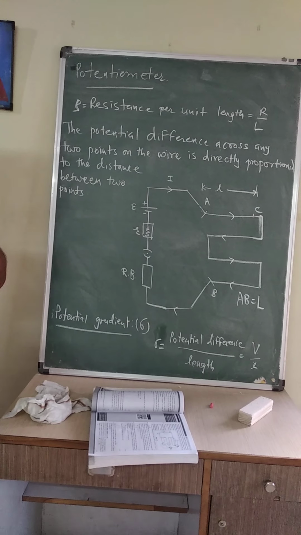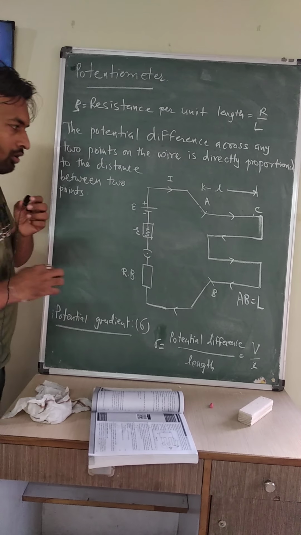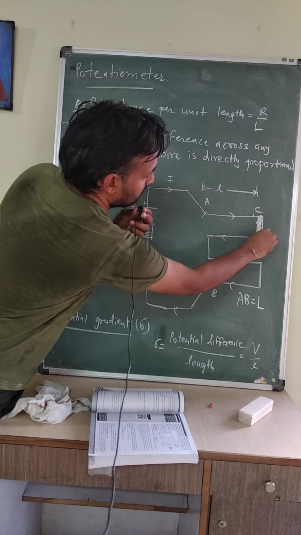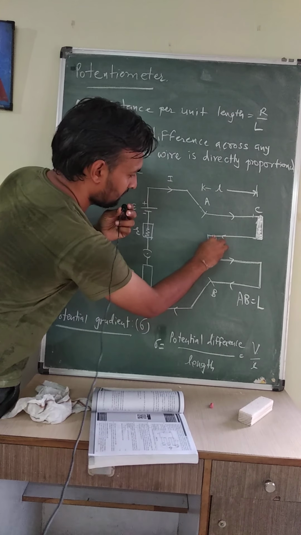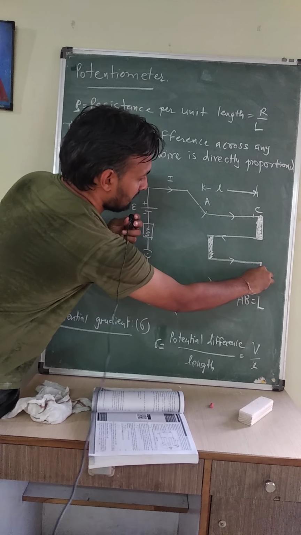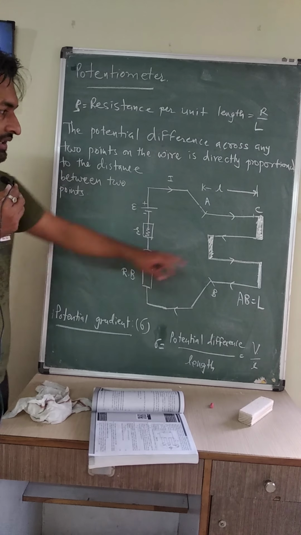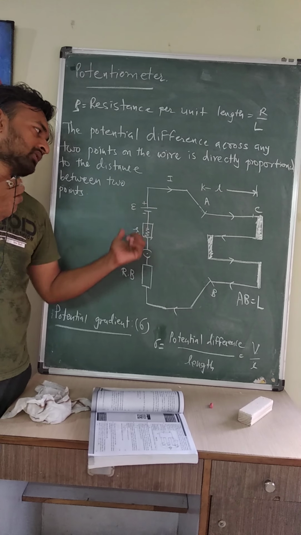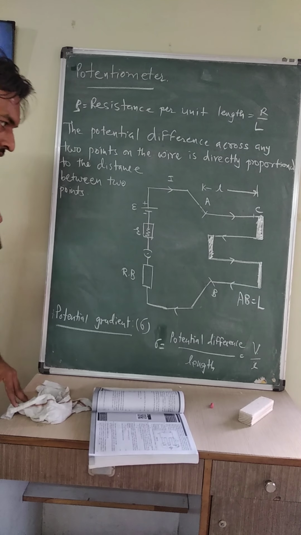Now if we want to change the potential between point A and B, what we can do is increase the area between A and B, or decrease the area, or increase the length. Here we are not changing the length, we are just increasing the area between A and B. As the area is increased, the potential between point A and B will change.